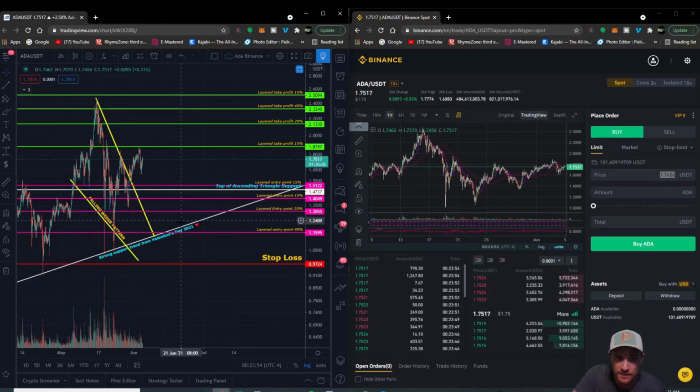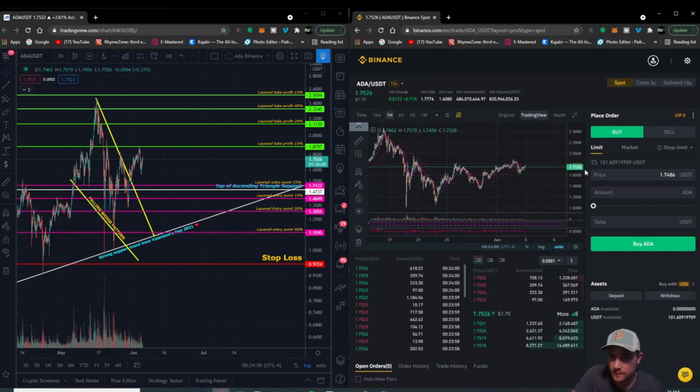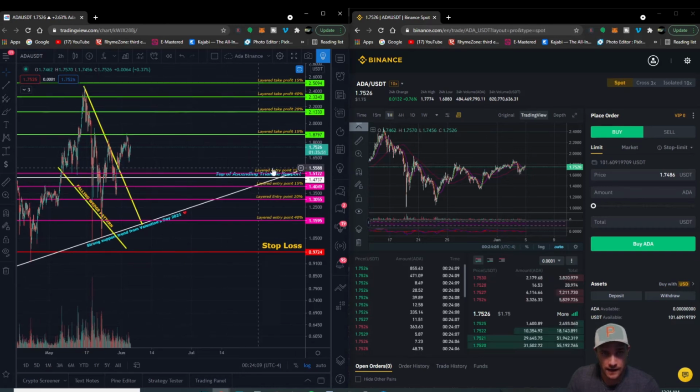However, if we break past this stuff and that stop loss hits, you're going to lose some money, but not all of it. So that's kind of helpful. So the first thing that you're going to do is set your buy orders up. So let's look at this first buy order that we have. It's at